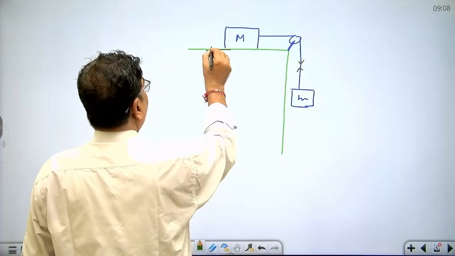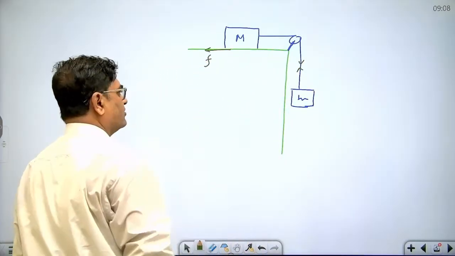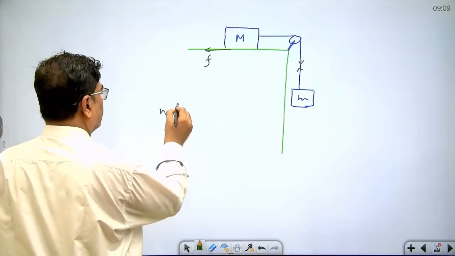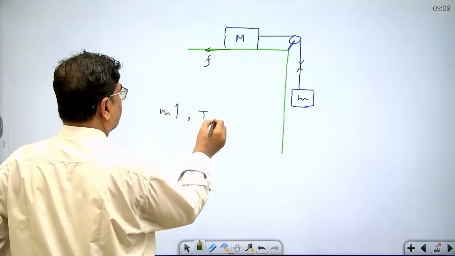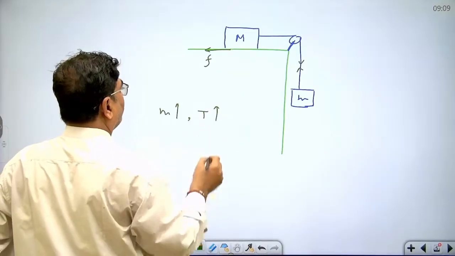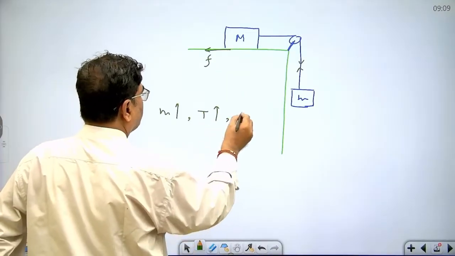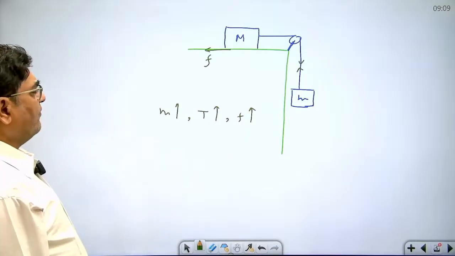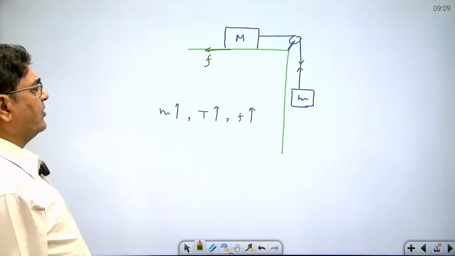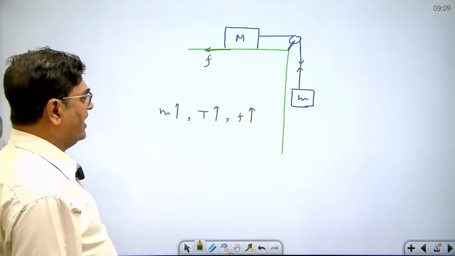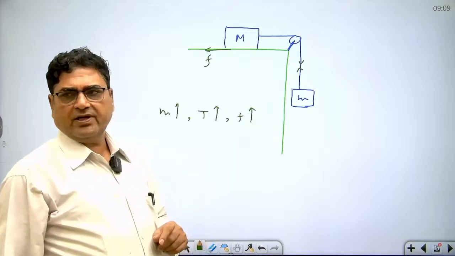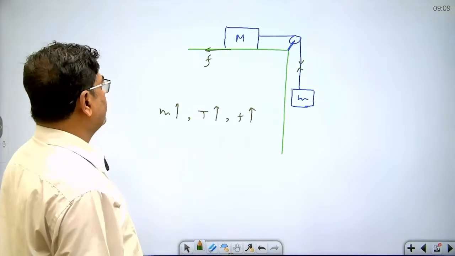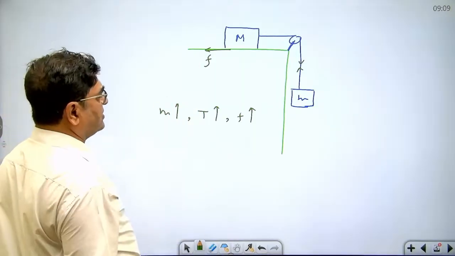And here no opposing force is there, so the frictional force will also be 0. So what happens when mass is increased? Dear student, when the mass is increased, tension in the string also increases. If the block of mass capital M does not move, it means the frictional force stopping the motion also increases. So we are continuously increasing the value of small m, okay? Then tension in the string continuously increases, and the frictional force also increases,